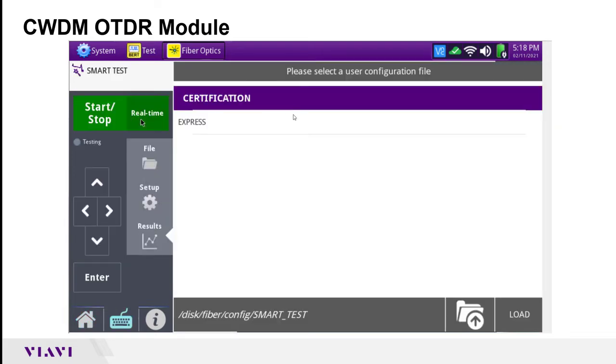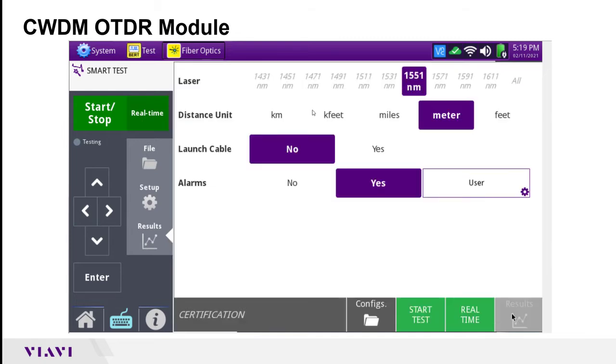option. The first menu that pops up will be the user configuration file, and you'll have two options. The Express option is more of a fault locate mode, which is a quick 5-second test that will just give you the overall distance of the fiber, whereas the certification is around a 20-second test that will give you identification of all events on the fiber, including splices and connectors, as well as the overall distance. So I'll choose the certification option, load it, and then access our main setup menu, which for Smart Test is